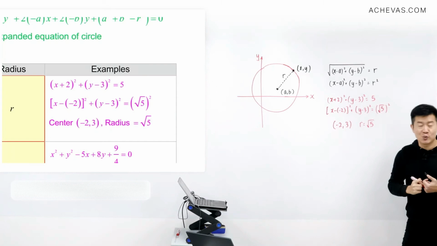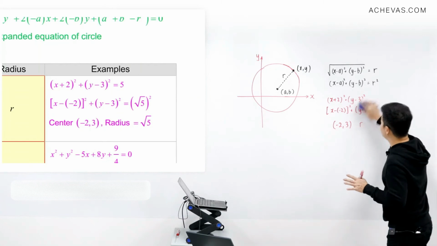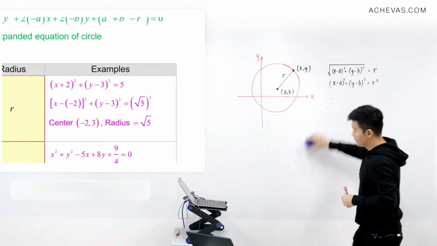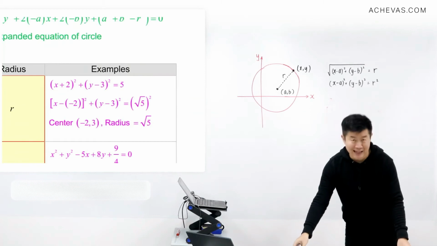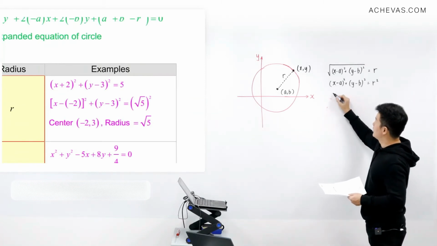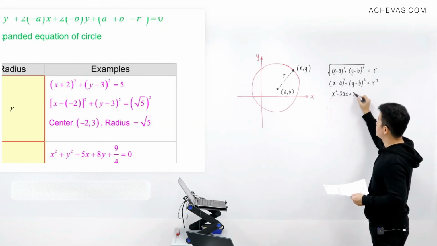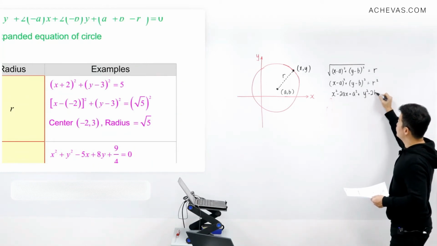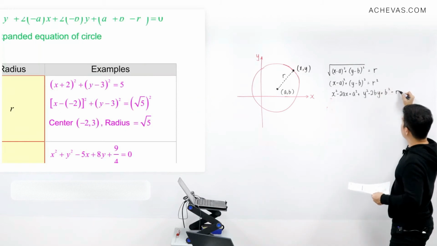But in our syllabus, we actually have another equation. Let me show you what this other equation is. That is also one that represents a circle with the center at (a, b) and the radius r. That equation is actually derived from this particular equation, but it is in the expanded form. So if I expand this, we have x squared minus 2ax plus a squared. Then if I expand this, it will be y squared minus 2by plus b squared, and this r squared, I'm going to move over to the left hand side, so we have this minus r squared